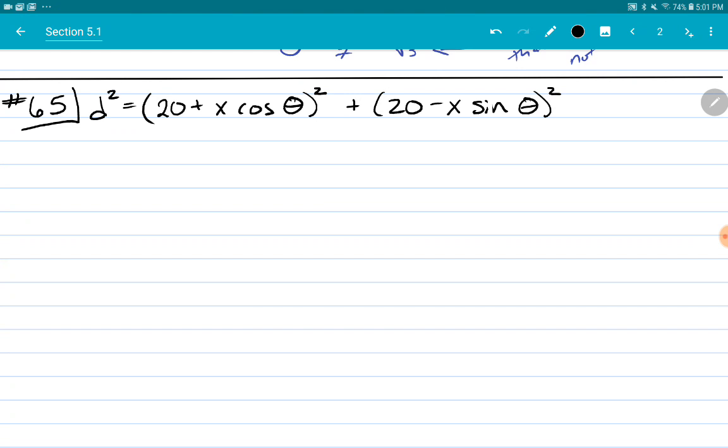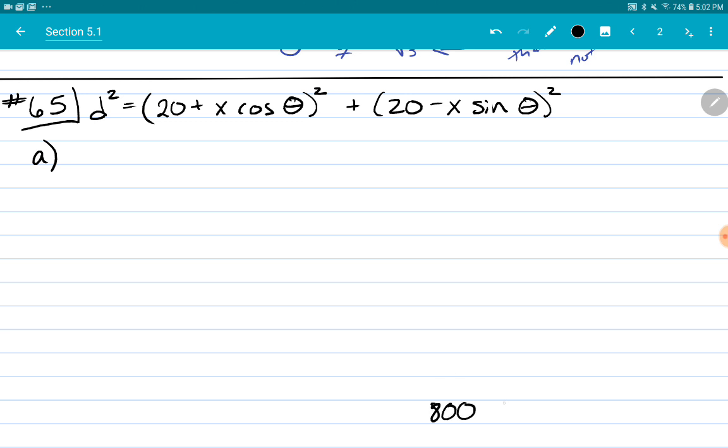For a theater with the dimensions shown, which is in your book on page 218, the distance here is given by the formula. X is the diagonal distance from the horizontal floor to your seat, and theta is defined in that diagram on page 218. So our task here for part A is to show that this formula is equivalent to